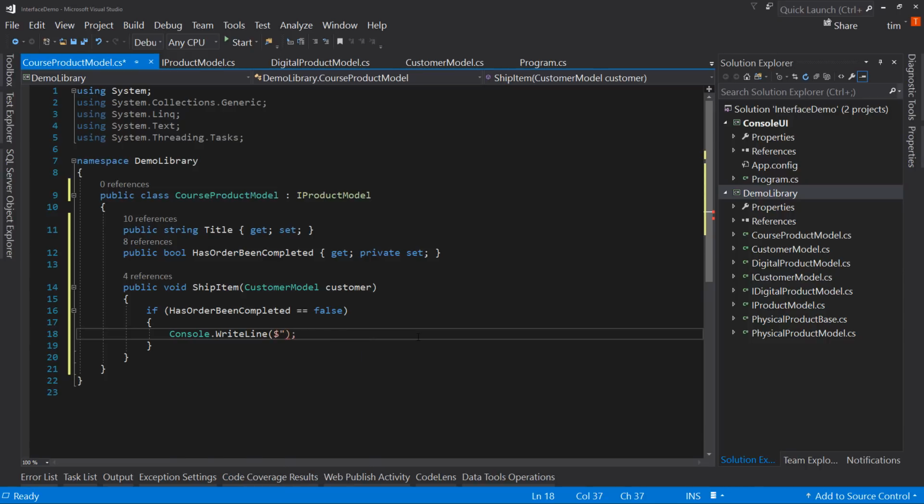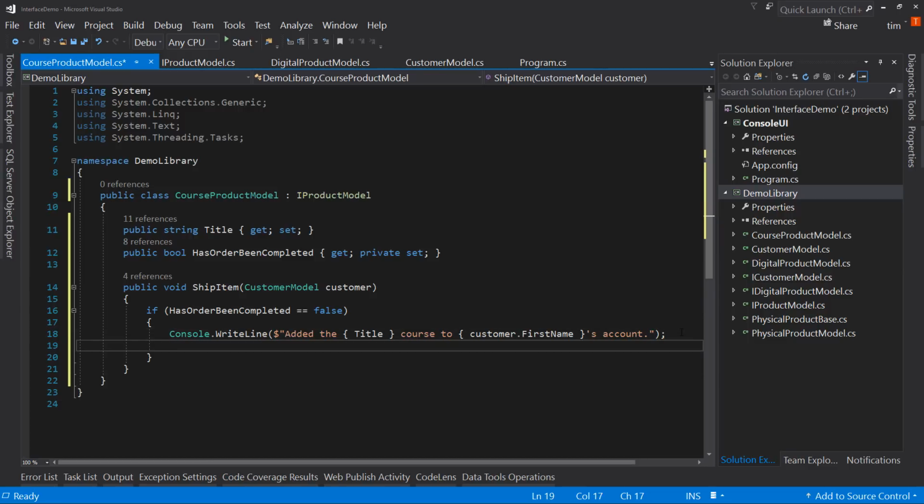let's do a $ sign first. Added, let's put the title, course to customer.firstname's account. And then we'll close our quotes. And then we'll set the has order been completed equals true. Okay, so really simple, very, very similar to our physical product, except instead of mailing something, we're actually just applying it to their account, but it's a one and done